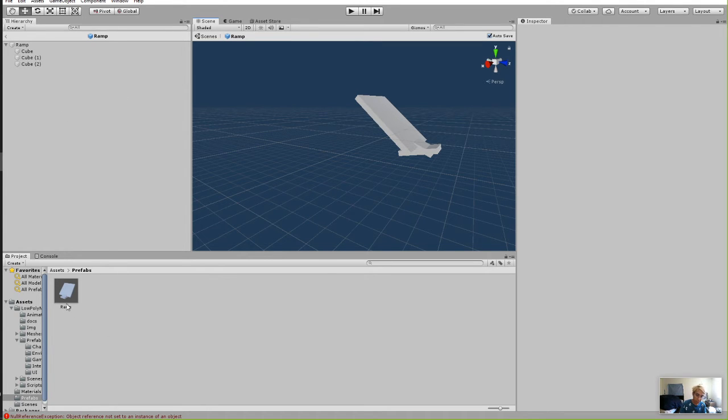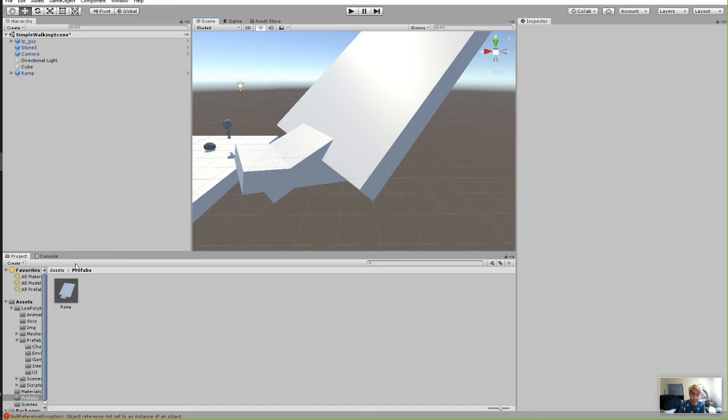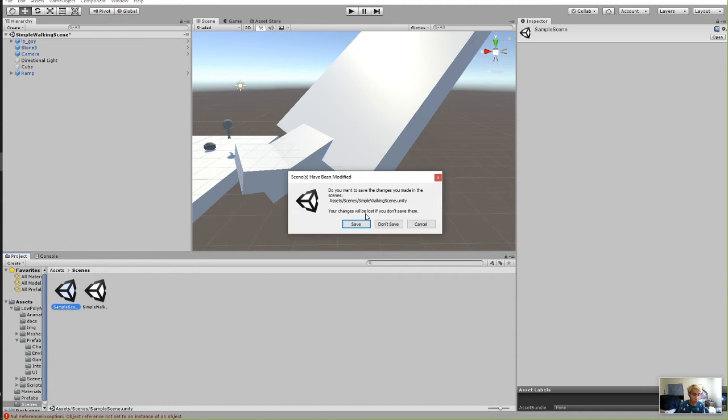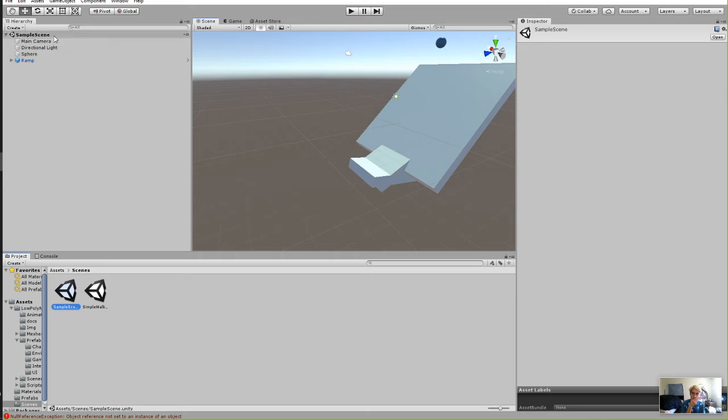So if I double click on this prefab, I get a prefab editor view. It's almost as if you treated the prefab as its own scene that you're working on, and this lets you work on it in isolation. And now if we go back into the scene that we were working in, you'll notice all the changes are there. But even more interesting, if we go into the first scene that we were playing with, oh look, it's like, hey, you want to save your scene? Yeah, I really should. The changes are here too, because this object is blue,